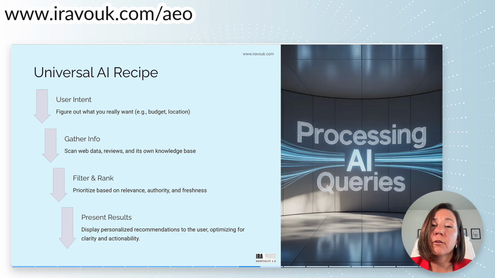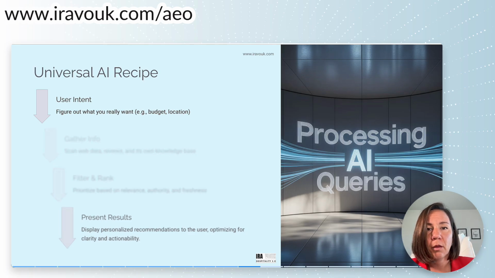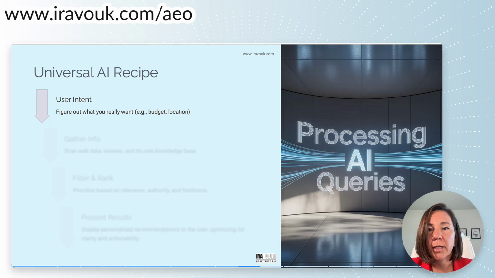Here's the basic flow of AI Googling the answer for you. First, it's going to make an attempt to understand what you actually want from it. Unlike with traditional Google search, you no longer really need to be super specific. For example, you don't have to say, "What is the weather today?" You can say, "How does it feel outside?" Or, "Do I need an umbrella?" Those AI things are becoming smarter and smarter in interpreting user intent.